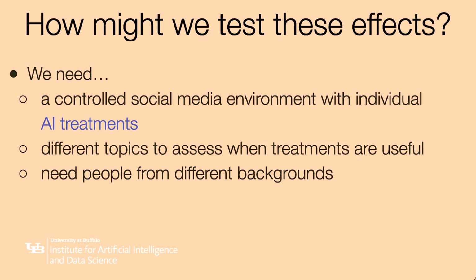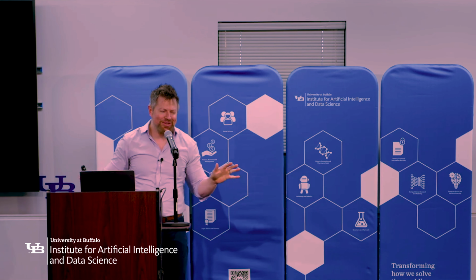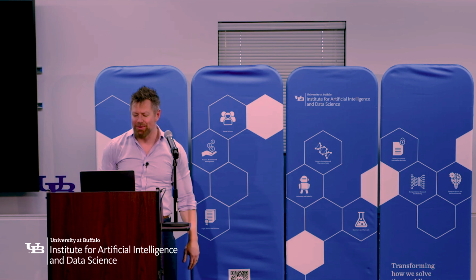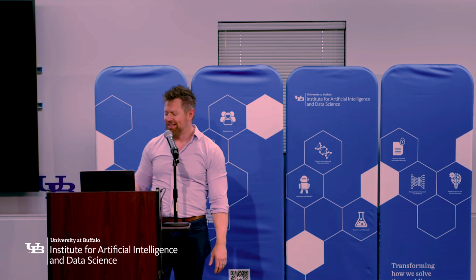So really, to do this, we need a controlled social media environment. Maybe Reddit lets us do some stuff with different AI treatments. We need different topics to control for that and people from different backgrounds. And it sounds kind of impossible. I'm not sure we could get any social media platform to take us up on this. So what do we do? Instead of giving up, we decided to do the stupider thing and actually just build a social